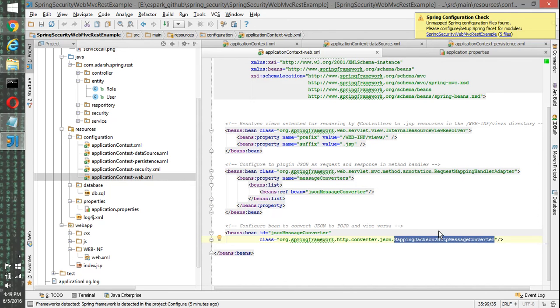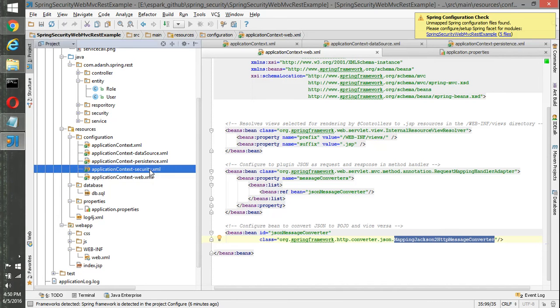Basically what it does is, whatever HTTP messages are coming and going, it converts into JSON, and then sets it into the message converter. So the message converter internally uses this JSON message converter for converting request or response data into the JSON format basically. And then we have an internal view resolver here.